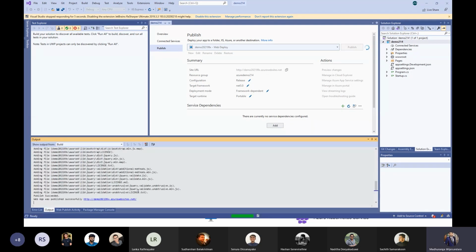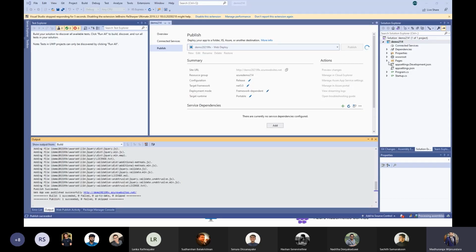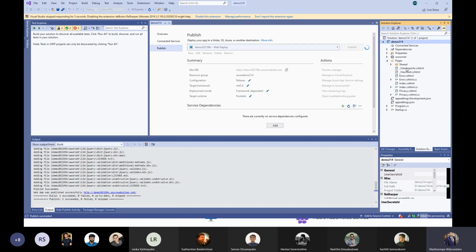Yes, it will be because my Visual Studio is a bit slow. It will take time, otherwise it would not take much time. You can see, yes, we can see it here. So if you want to make a change and check whether it's working, if you go to the CSXML,